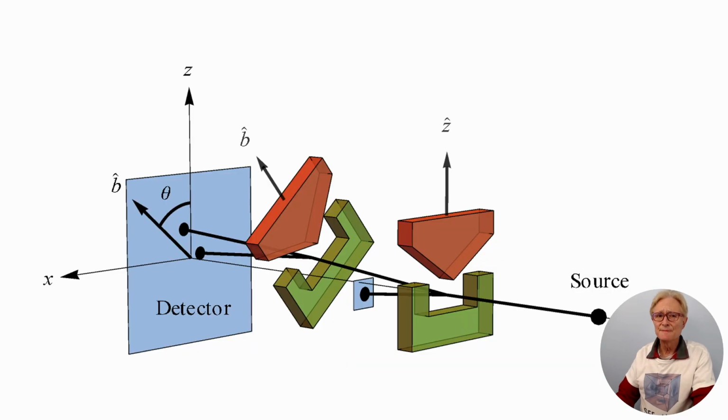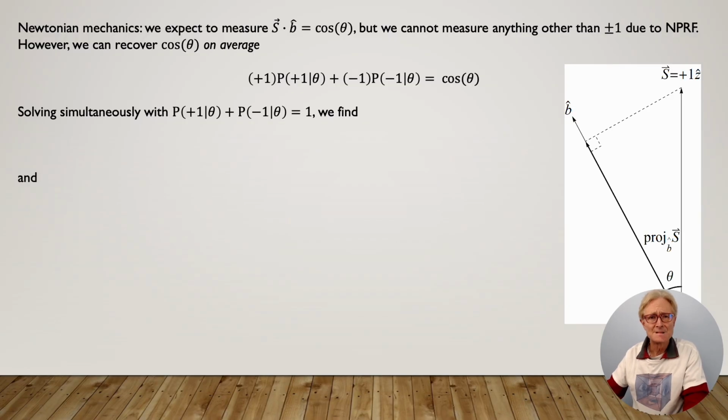Now suppose you first measure an electron vertically, or in the z-hat direction, and find its spin is up. Then you measure its spin in some direction b-hat, making an angle theta with z-hat, as shown here. What do you expect to find? Well, since spin is a form of angular momentum, Newtonian mechanics says you will simply obtain the projection of +1 z-hat in the b-hat direction, or +1 cosine theta. But since we're measuring Planck's constant h when we do a Stern-Gerlach spin measurement, we can't obtain a fraction of h, or a fraction of +1 here.